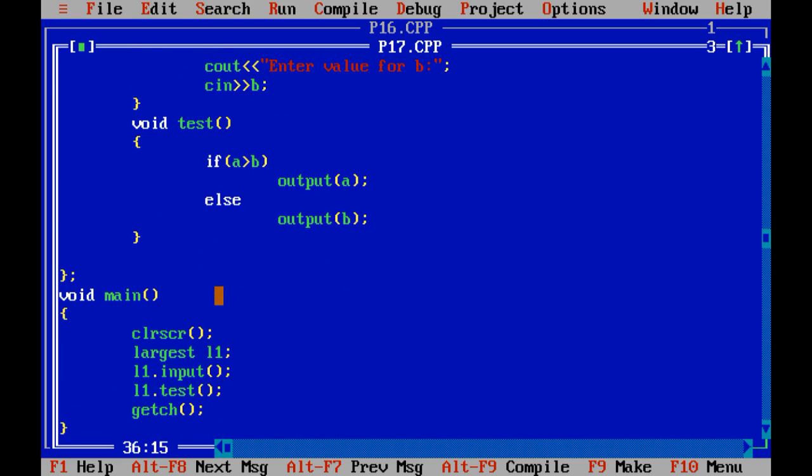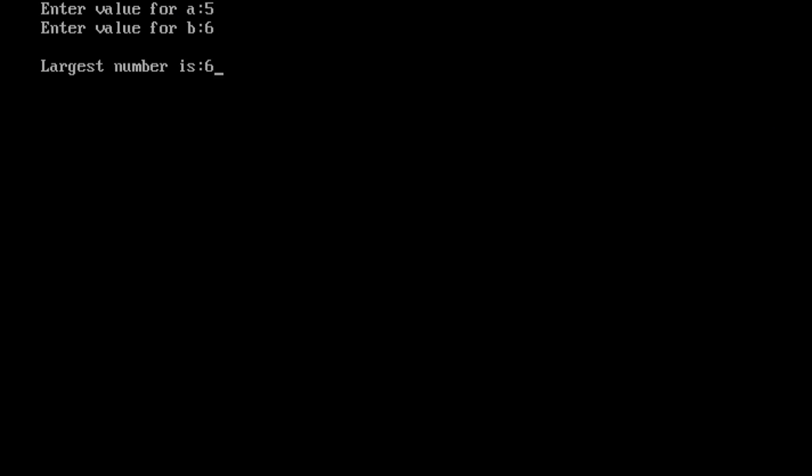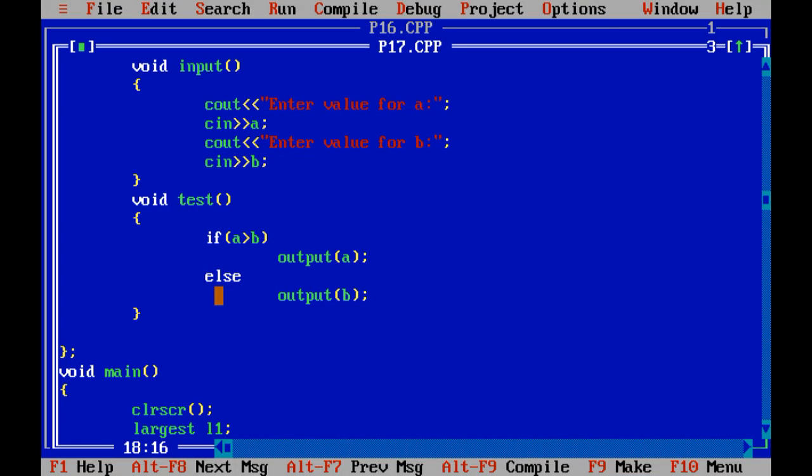First of all it will call the input method. In input I have written cout and cin, through which I can take values from the keyboard. In our case, what is the value of a? We have entered 5, and the value of b is 6. So a equals 5 and b equals 6.